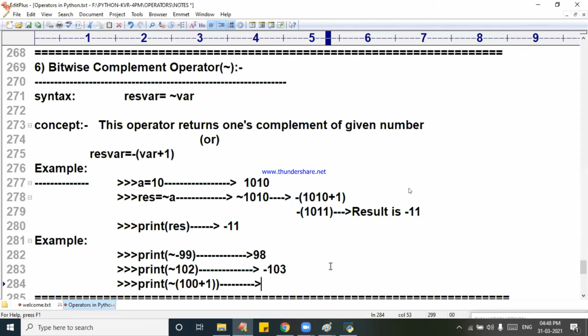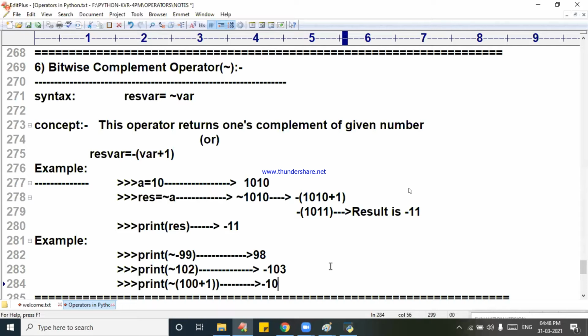Again going away. What is that, simple. See, you are giving your own answers. Now you are giving correct answers. See, you can do it. Why you are hurrying, I don't know. So far you are good. 100 plus 1 is called what? 101. Complement of 101 is minus of 101 plus 1. That is called minus 102.